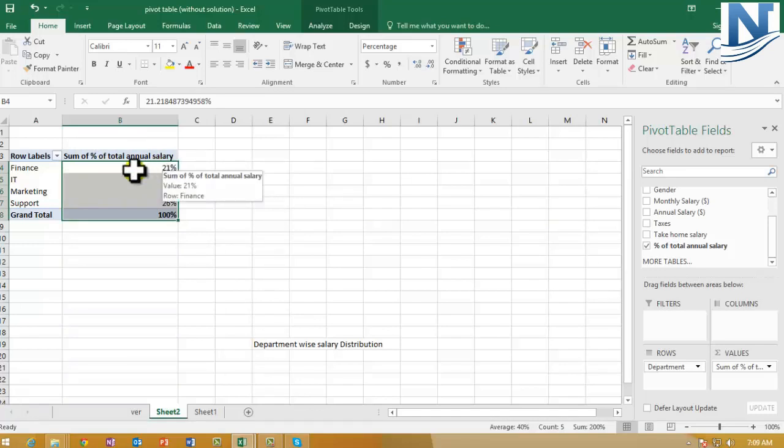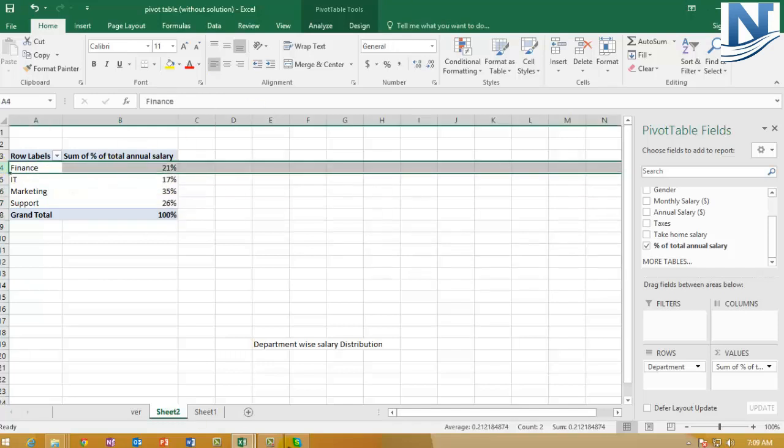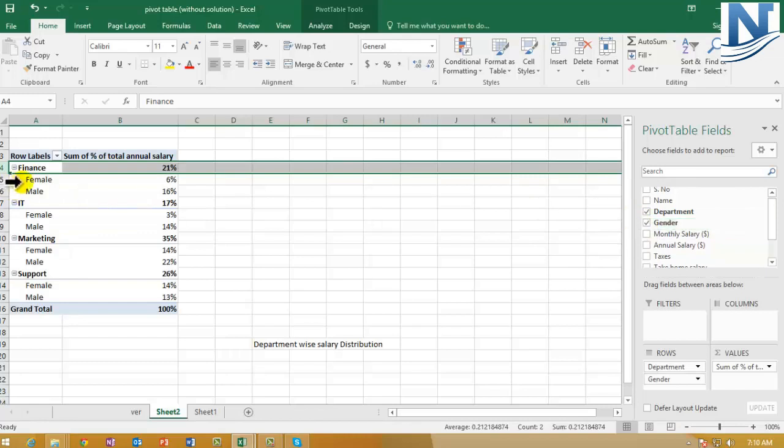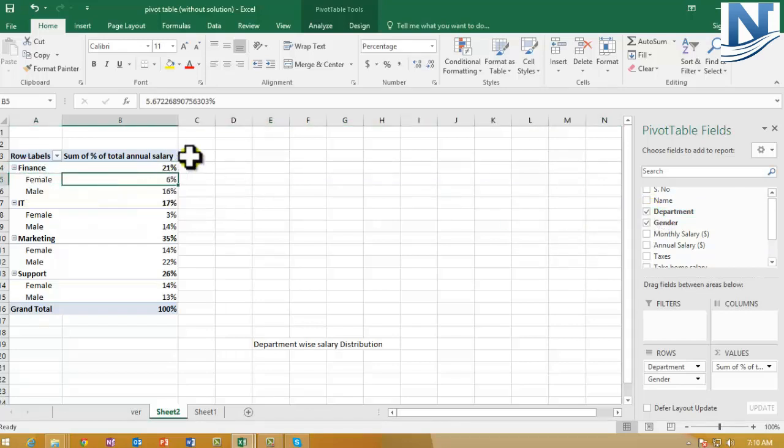Another thing which you can do is, in the finance department there are male and female employees, so you want to see what are the salary figures drawn by males and females. So what you can do is click on gender. Select gender and see what happens. I'm just selecting gender or enabling it, and you can see female draws 6% out of 21% and male draws 16% out of 21%.